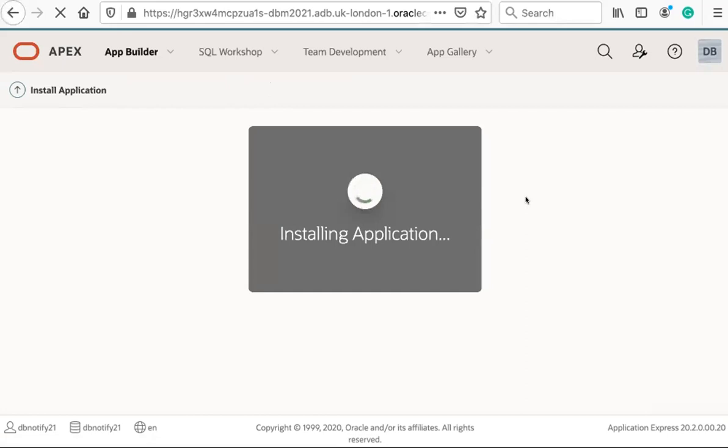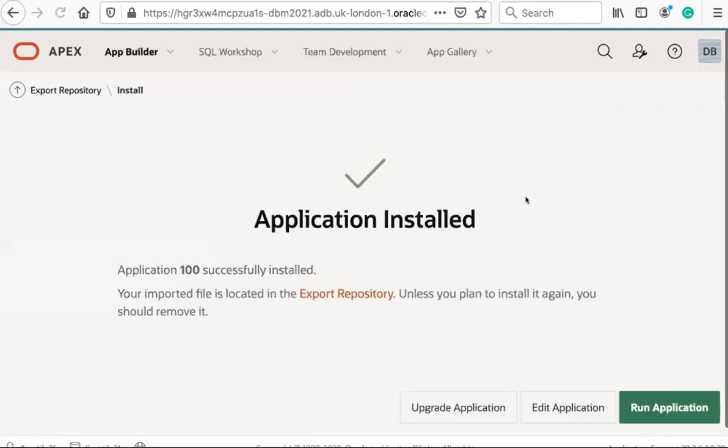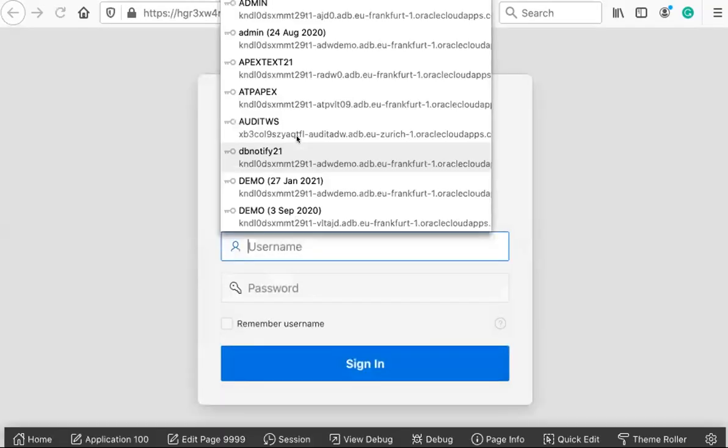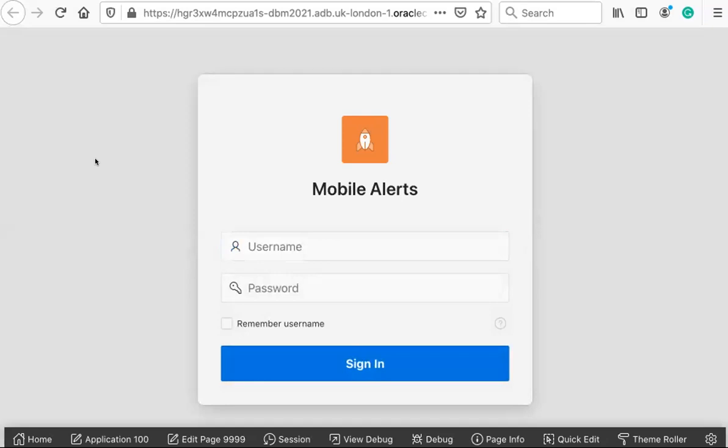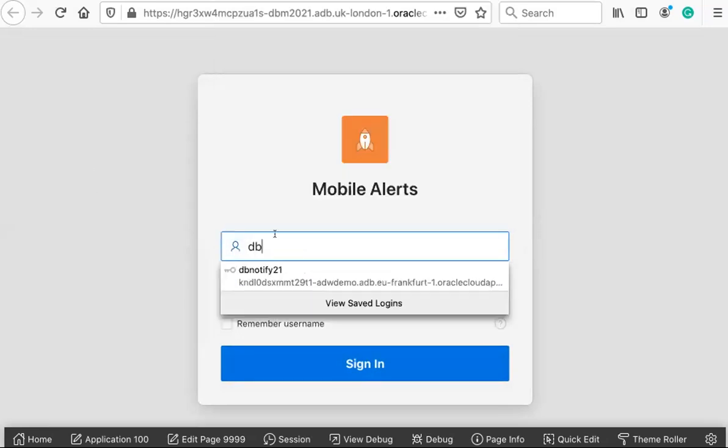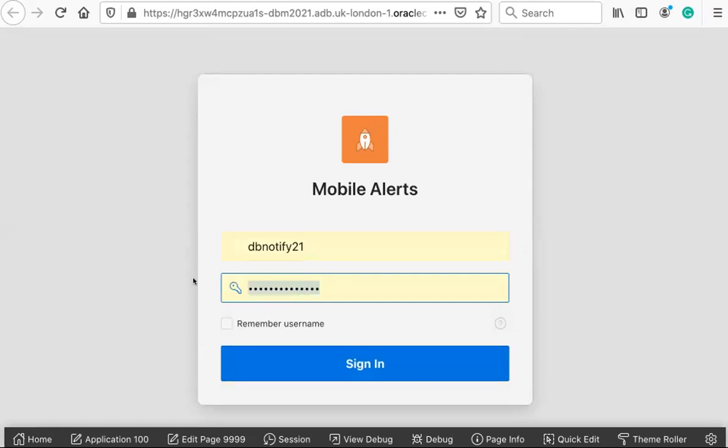This is a very basic application with just one single interactive report, nothing more. And this application is used just to show how the communication between the autonomous database instance and the mobile application works. So I'm going to use dbNotify,